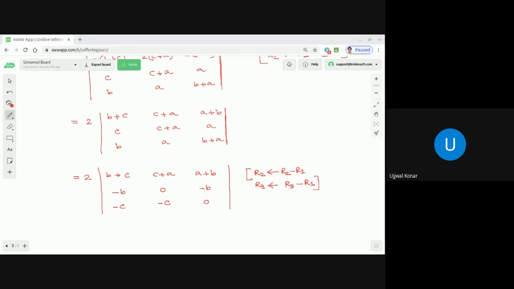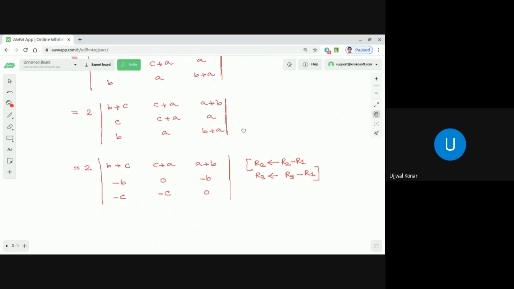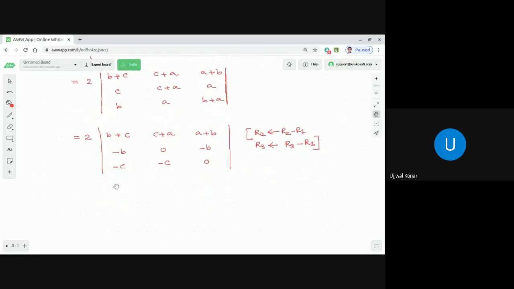This expansion is justifiable at the end, otherwise you'll say it is contradicting your statement that you are not supposed to expand. But once we come to a very easy position, the determinant is easy where we have zeros. So if we expand with respect to the third row, what we are going to get is